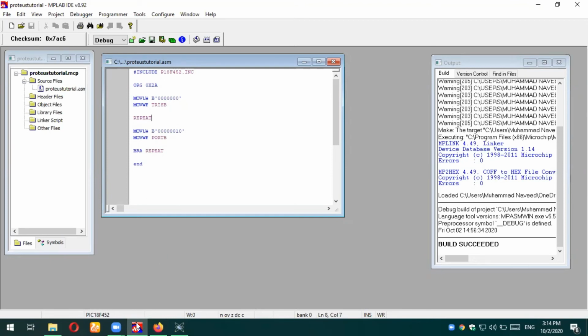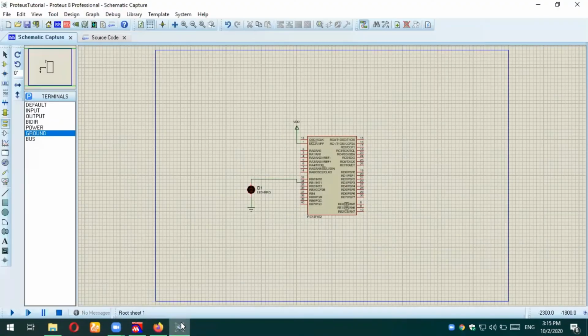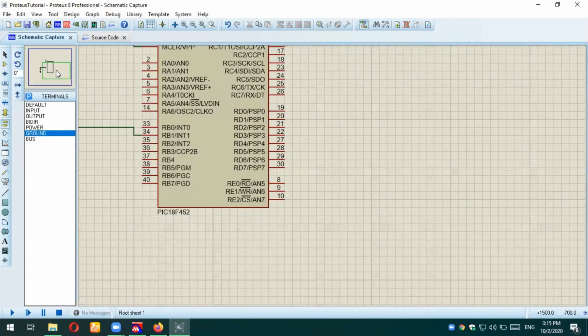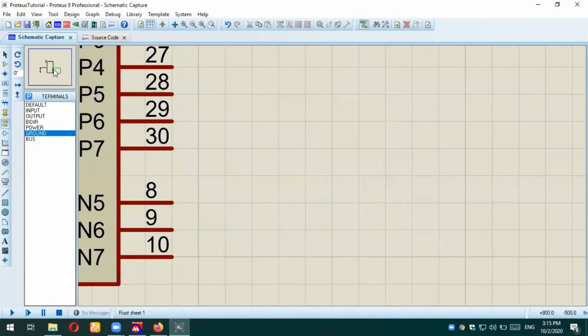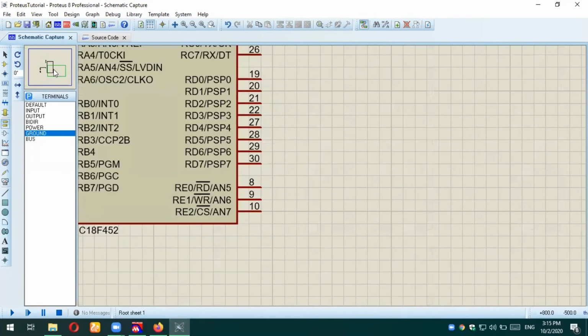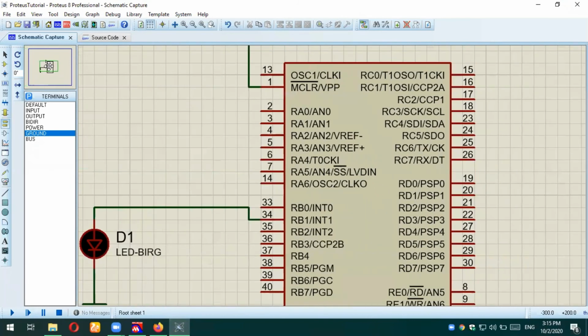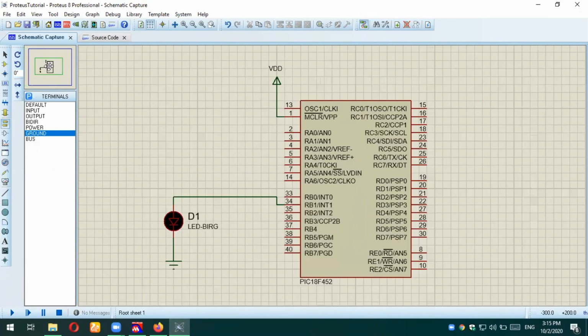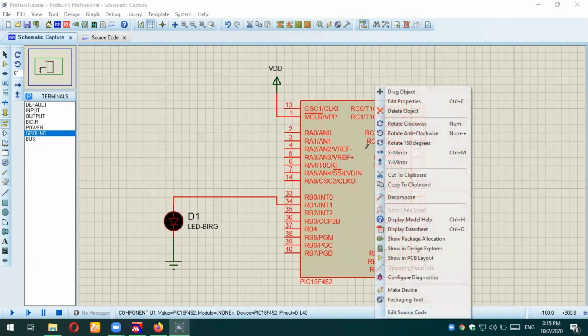So I will choose a path in the Proteus environment. Let me again zoom in so that, yes. Okay, now it's okay. So how you will do it: you click on this device, right click on this device, and then there will be options.